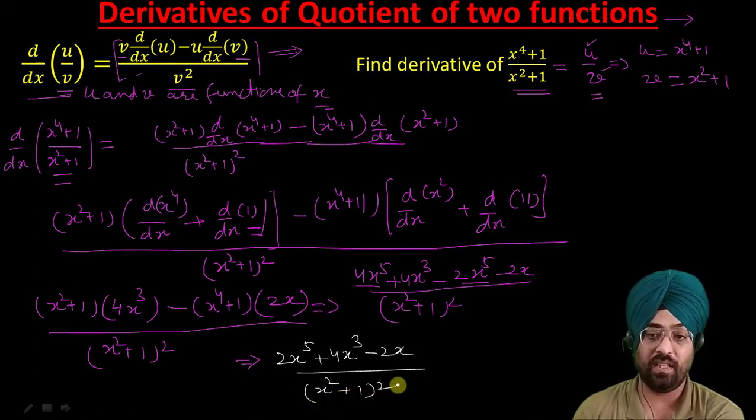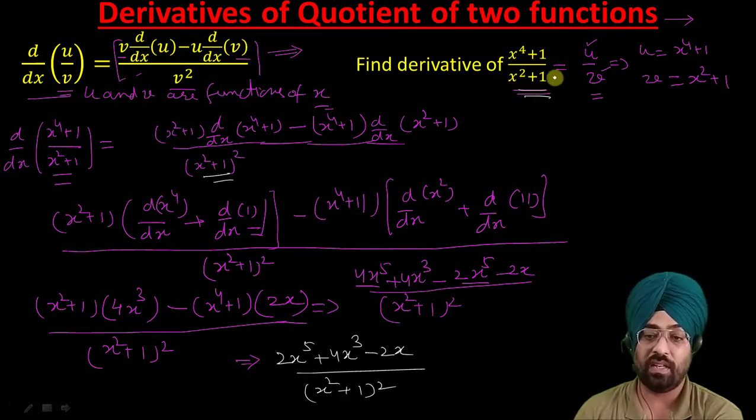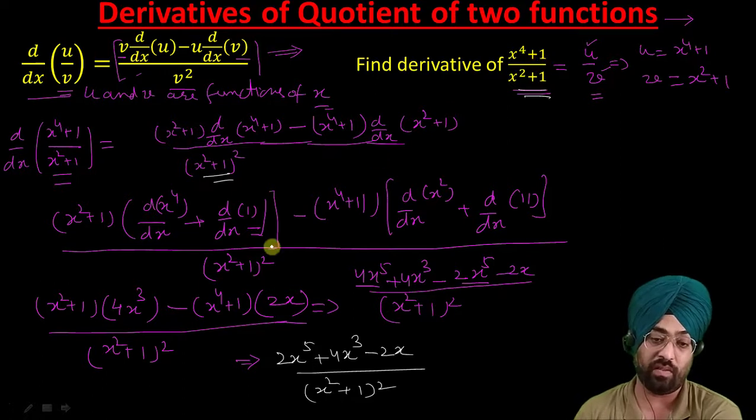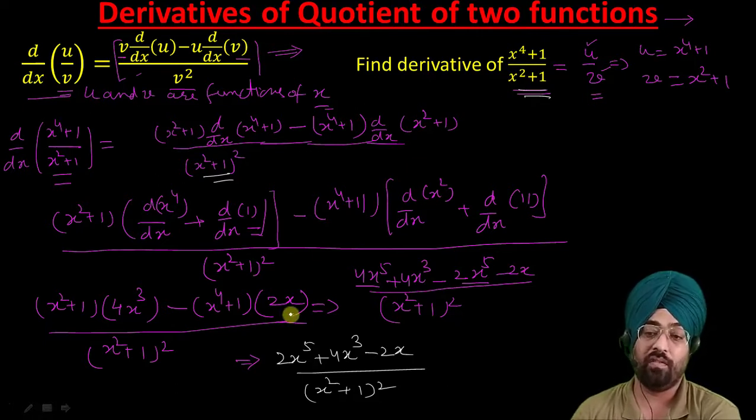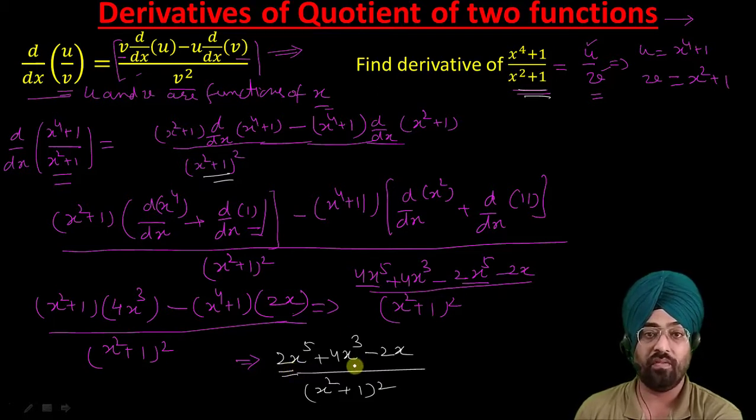So it was quite easy. We just take the square of the denominator, x square plus 1 square, then x square plus 1 as it is, derivative of x raised to the power 4 plus 1, it is 4x cube, minus x raised to the power 4 plus 1, derivative of x square plus 1 is 2x, because derivative of 1 is 0. So it becomes 4x raised to the power 5 plus 4x cube, minus 2x raised to the power 5 minus 2x. So 4x to the 5 minus 2x to the 5 becomes 2x raised to the power 5 plus 4x cube minus 2x divided by x square plus 1 whole square. So that is the